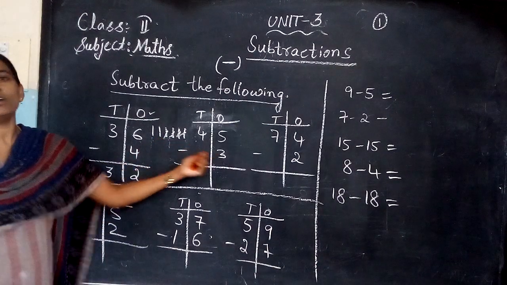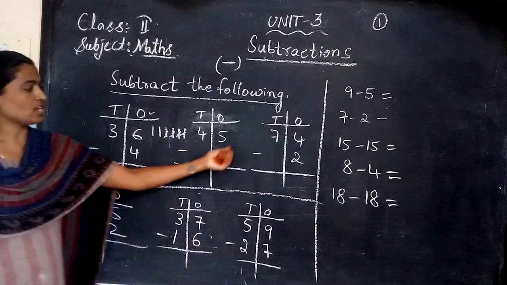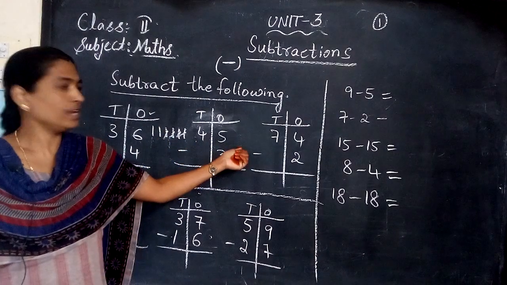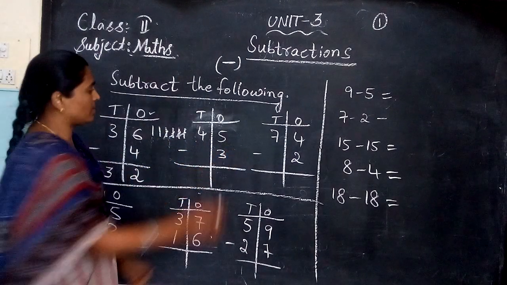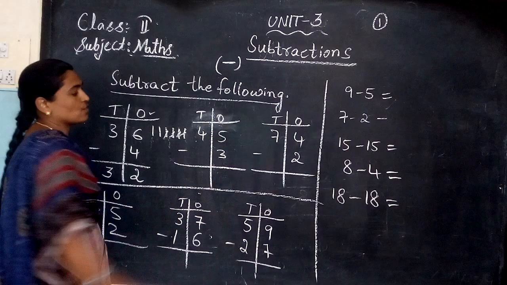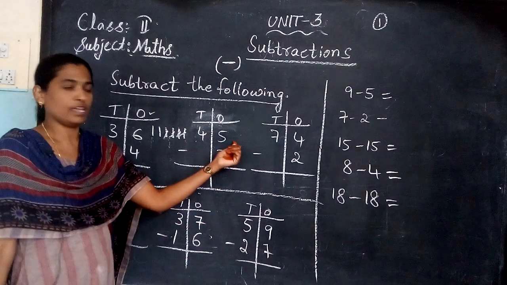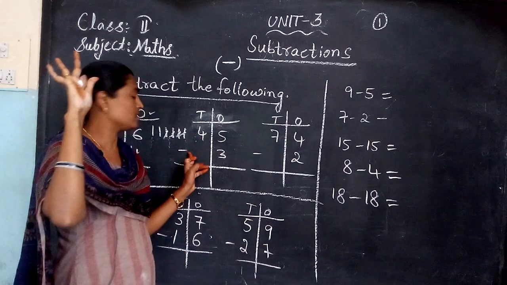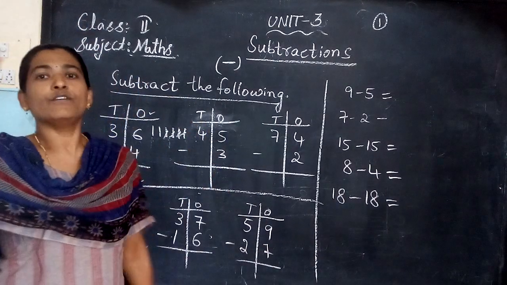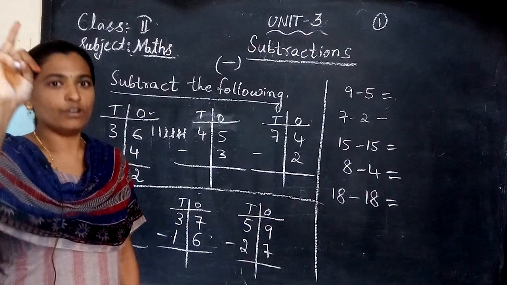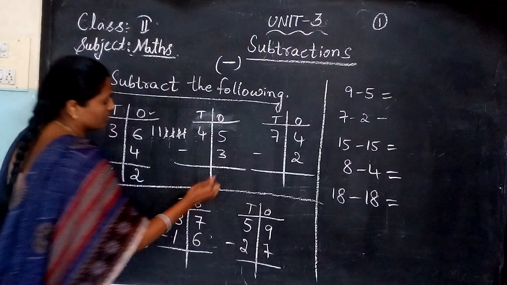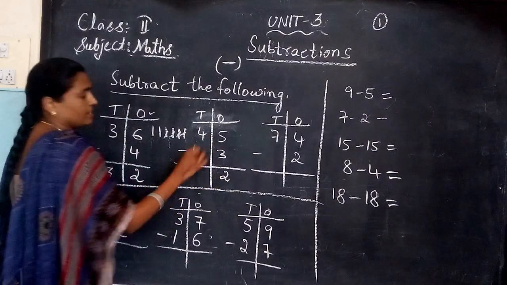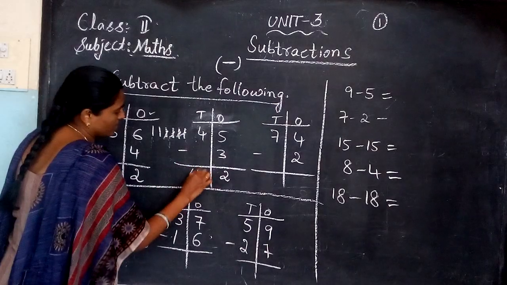Now here there is no need to draw the lines. Instead of that, by using the brain you can count this. Now next number, what is this? 5. In the tens column what number is there? 5. 5 in the mind, 3 in your fingers. You have to count before. 5 before, 4, 3, 2. Here in the tens column, whatever number is there, the same number will come.